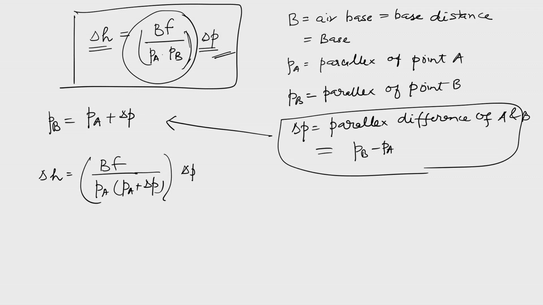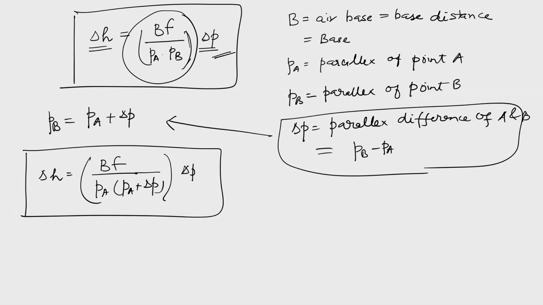PA is there, PB was there, I removed the PB in terms of PA. So, I have delta P because I measured from the image, 2 images I took and I measured it by some way, and then I have PA which I already measured from the image. So, like this. Okay, so I can write this thing here, that this is the expression I have.